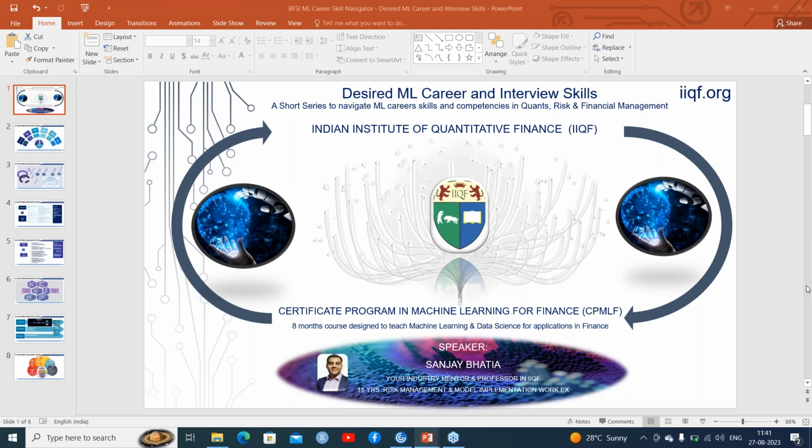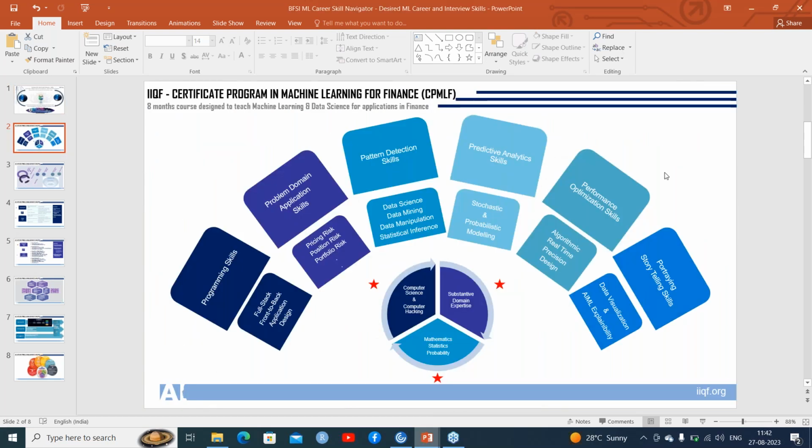The terminologies are a lot more confusing, and the parlance needs to be a bit standardized to understand what they actually mean when somebody wraps their head around how they should develop those skills, and what the actual desired core competencies required for machine learning or data science in the financial risk domain are. So let me get started with an overview of those skills, which I call the six